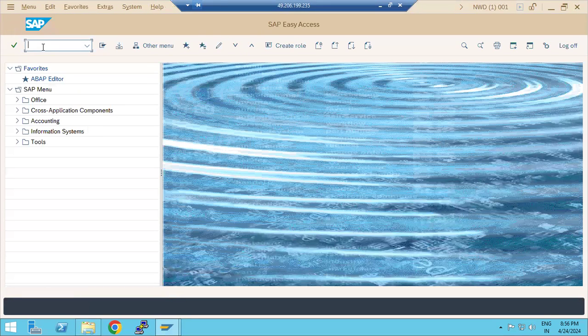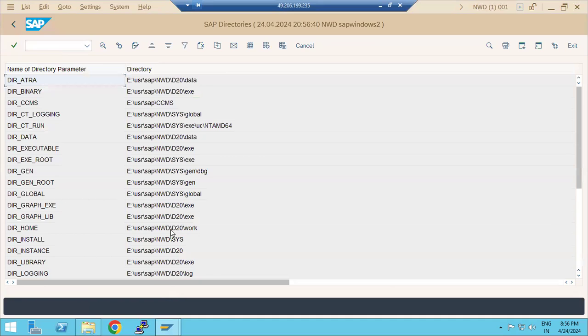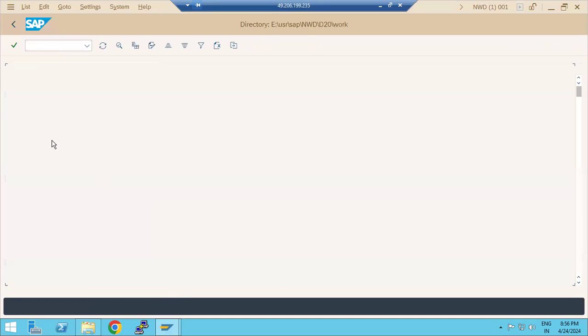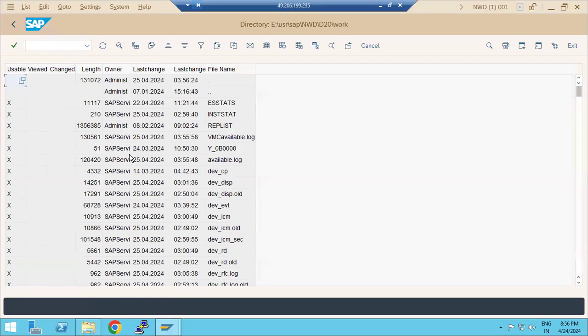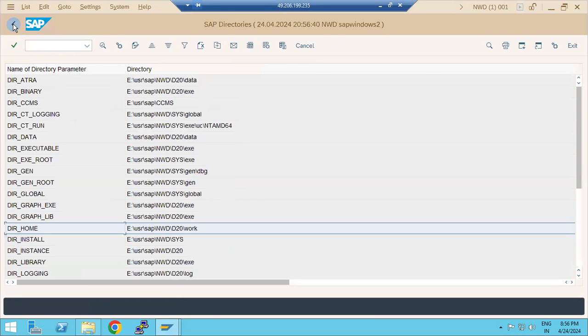Or, sir, can I go ahead from here? Yes, you can also go to AL11, just take the work directory log file, then you can see the logs, the work directory log files and everything, here. So that is also possible, and this is also possible. AL11 and ST11 are the transaction codes